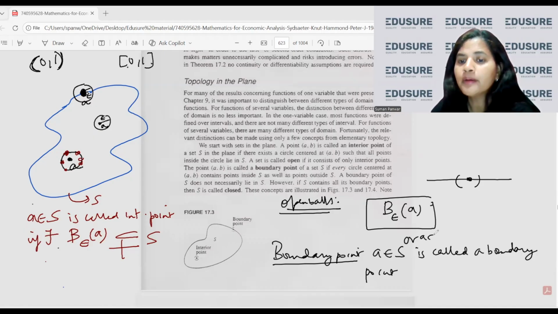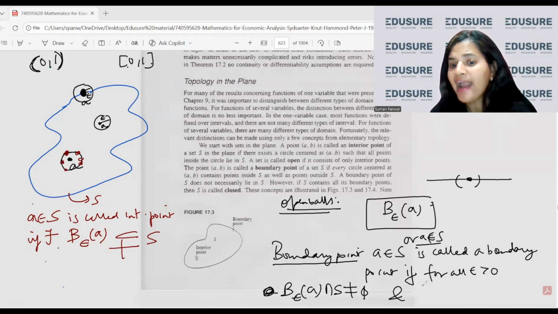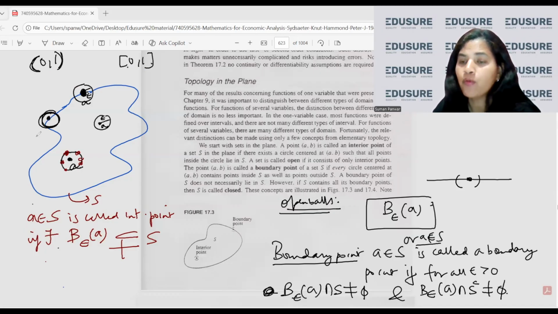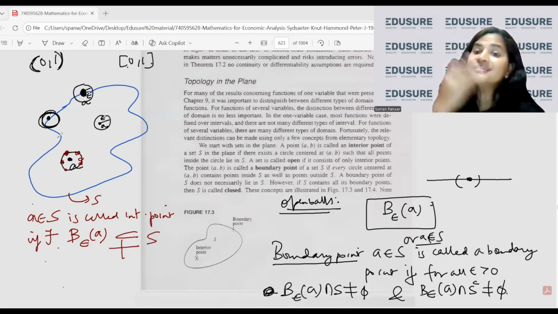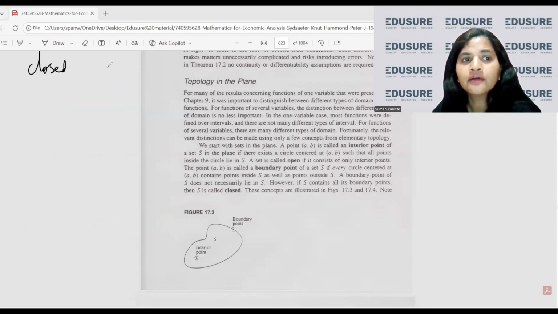सो किसी भी पॉइंट को बाउंड्री पॉइंट तब कहते हैं if for all epsilon positive, the intersection of ball with radius epsilon centered at A with S is not empty and the intersection of this epsilon ball with the complement of S is also not empty. मतलब बाउंड्री पे जो पॉइंट होगा उसका जो ओपन बॉल होगा वो सेट के साथ भी इंटरसेक्ट करेगा और सेट के कॉम्प्लीमेंट के साथ भी इंटरसेक्ट करेगा। दैट इज व्हाट इज मेंट बाय इंटीरियर पॉइंट एंड बाउंड्री पॉइंट, ठीक है, क्लियर।